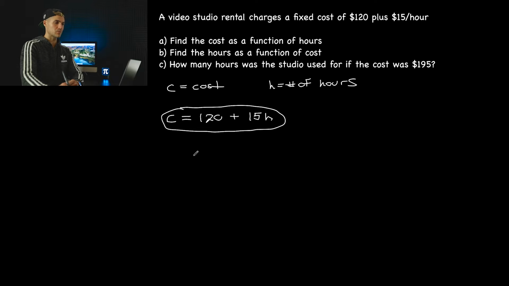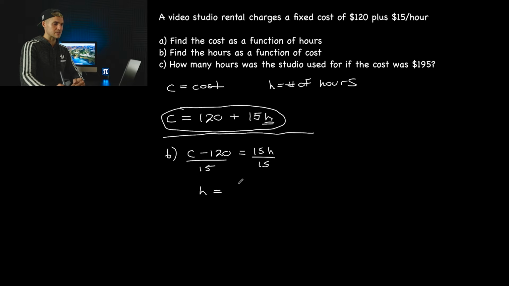Now in part B, what they want is the hours as a function of the cost. So what we have to do is basically rearrange this expression for H. Right? And so let's just say part B here. If I'm going to rearrange this, I'm going to bring the 120 over. So we'll have C minus 120 is equal to 15H. And then I could just divide both sides by 15. So H is basically C minus 120